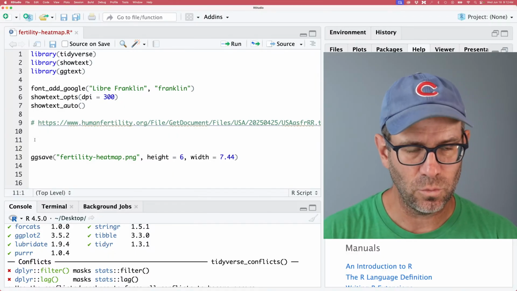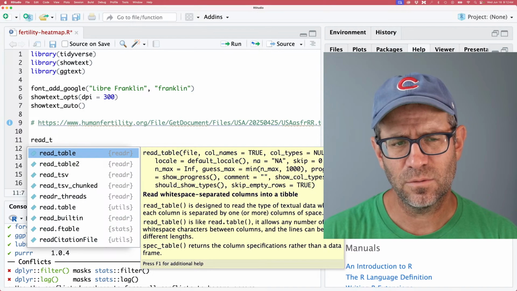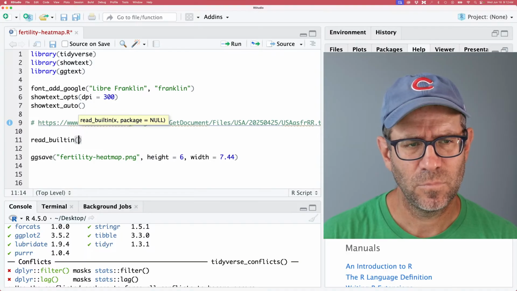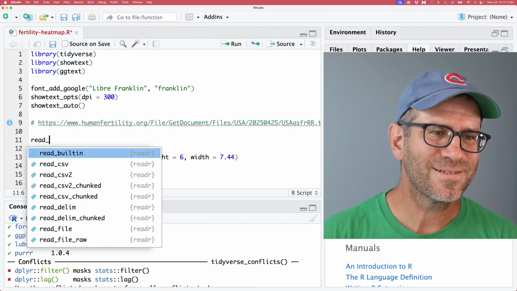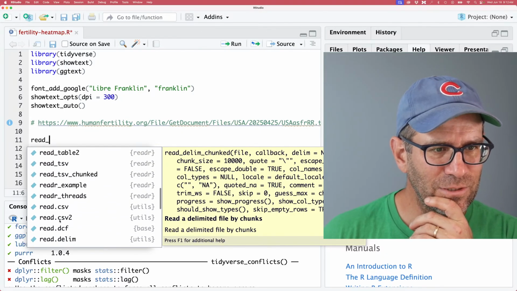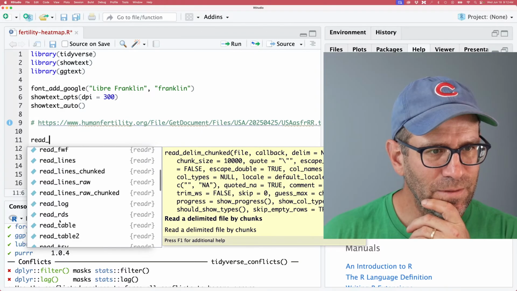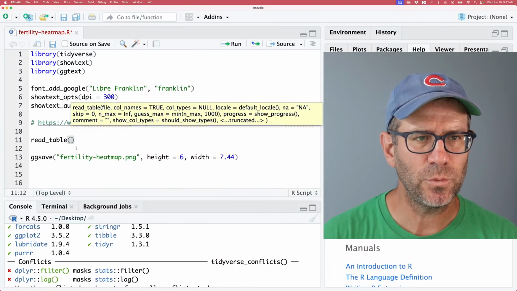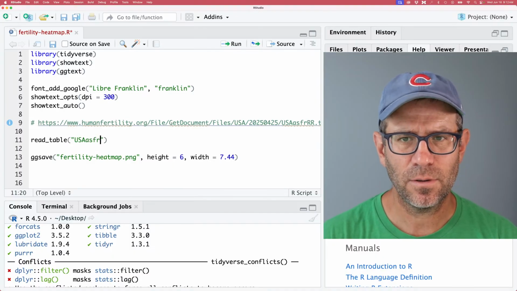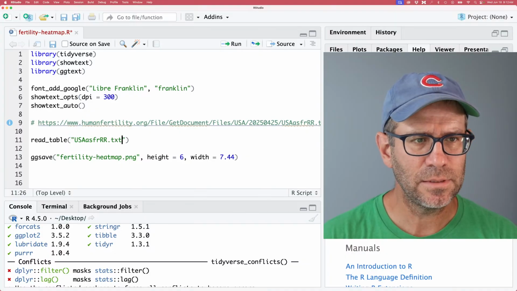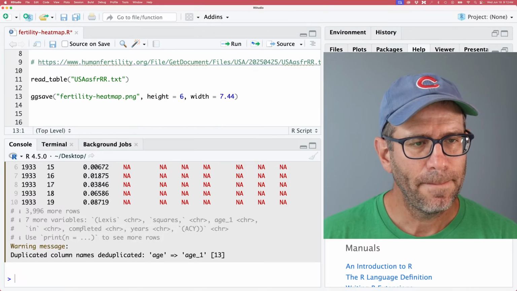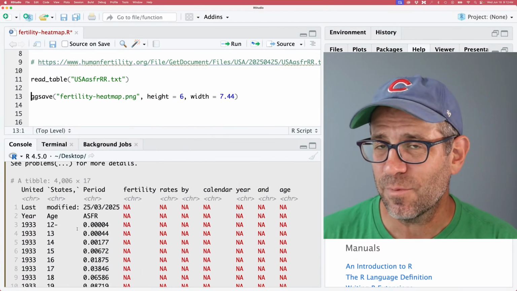All right, so let's do read underscore txt, or text. Read underscore, and then, I forget what it's called already. I think it's read table. Okay, so we'll do read table, and then it's quote USA ASFRrr.txt. All right, good. So that reads that in, but kind of like we saw for this type of data